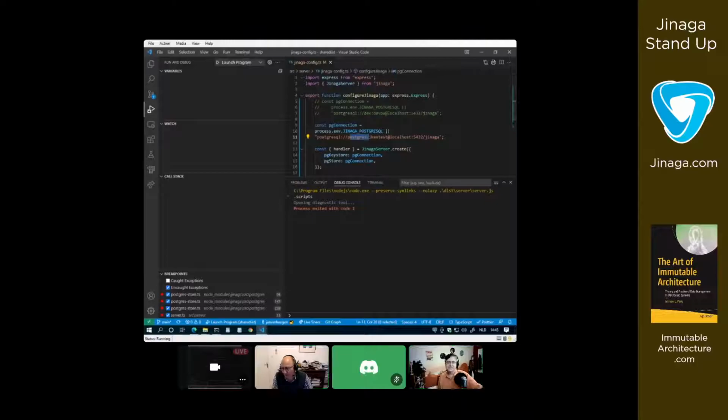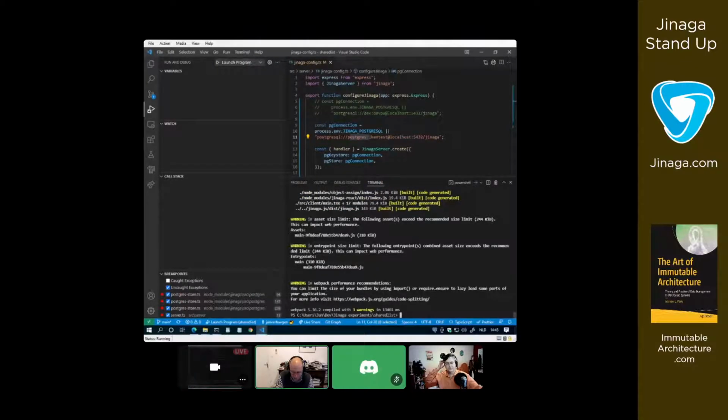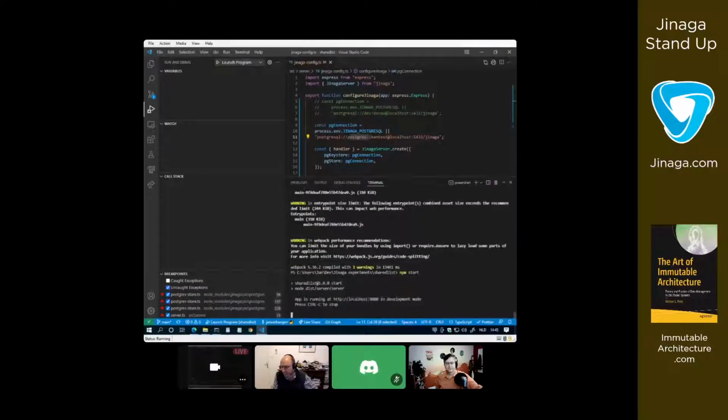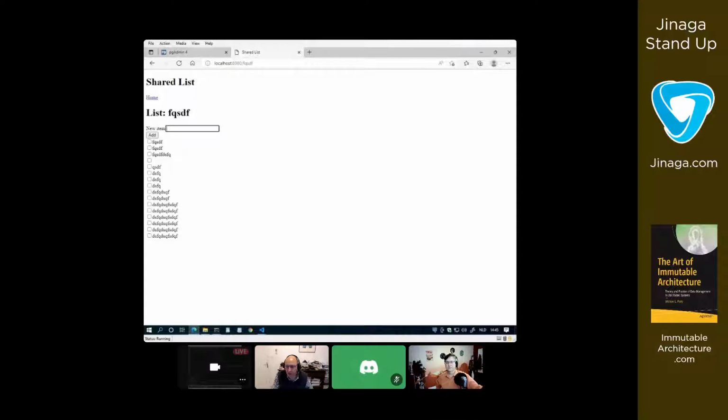So if I just run this, I do npm start, then I open my browser, I add something, and you see test, and it adds here. So it's working fine.